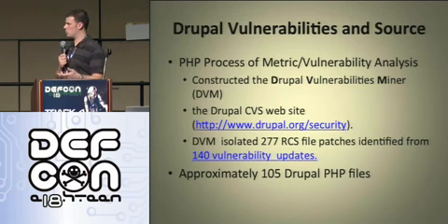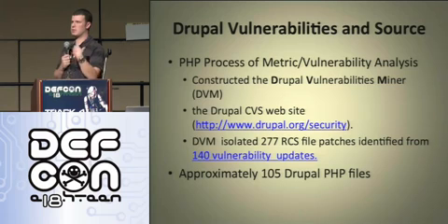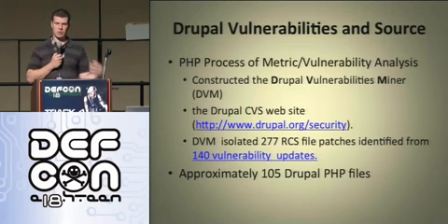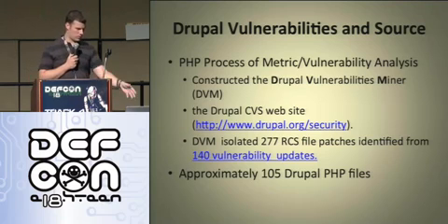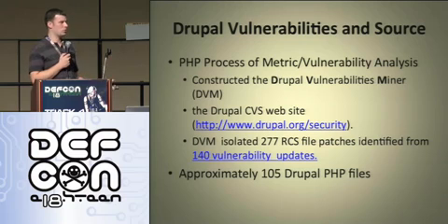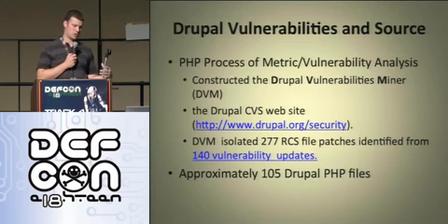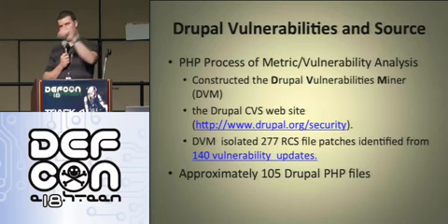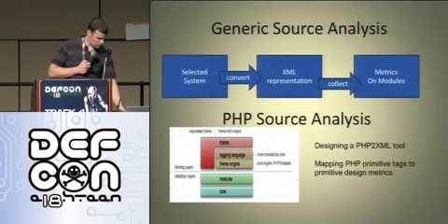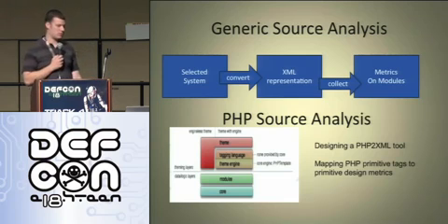I actually just wrote a Perl tool that we called the Drupal Vulnerability Miner. The Drupal community has an actual security site that's really good about reporting the vulnerabilities, where exactly they are, and how they were caused. The Drupal Vulnerability Miner parses through that data and automatically generates what we needed. We have these Excel spreadsheets that show this is the vulnerability, this is where it was in code, this is what caused it. Then when we go with our metrics, we compare the two. That was something I did that made things a lot faster.